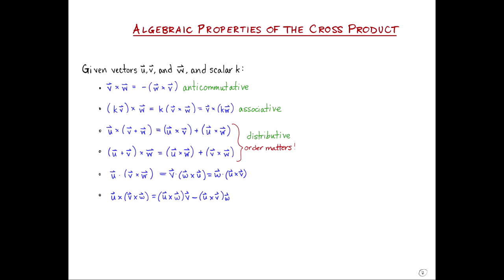Right about now, you should be growing concerned because u cross w is a vector and v is a vector, and you can't multiply vectors together. Instead of the cross product, we should have the dot product. And now the property makes sense because u dot w returns a scalar, and we can multiply a scalar times